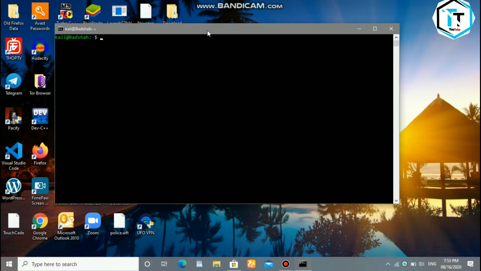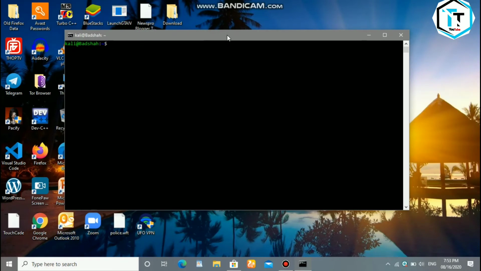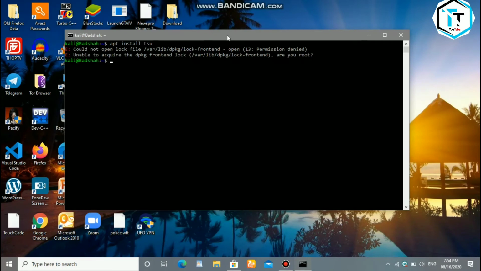Now run this type of command to get Kali Linux commands. Firstly we run apt install tsu. What is tsu? tsu means sudo, and sudo gives you root access. If we enter that, sudo is installed on your PC.